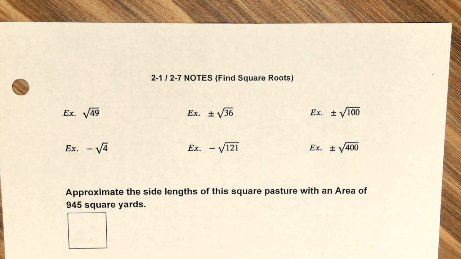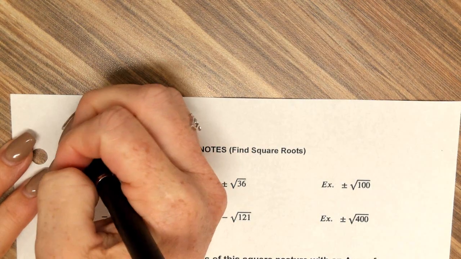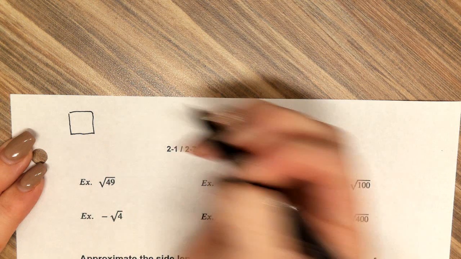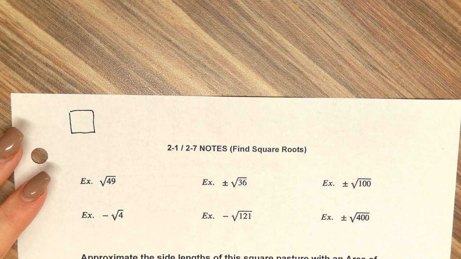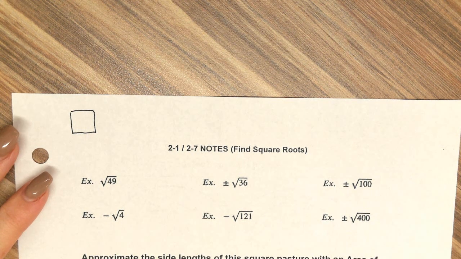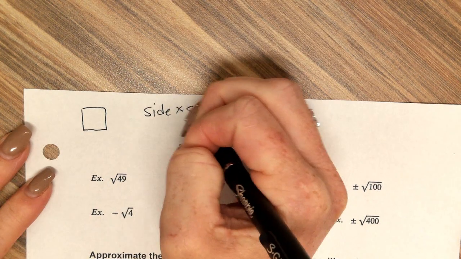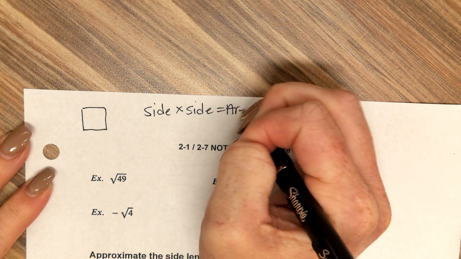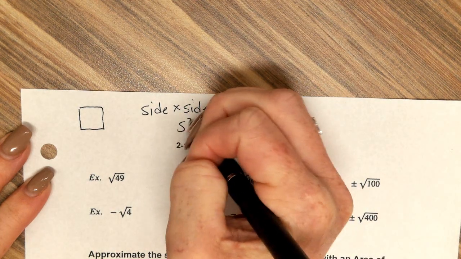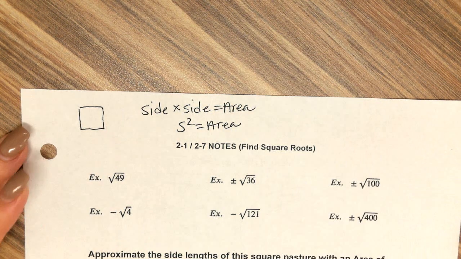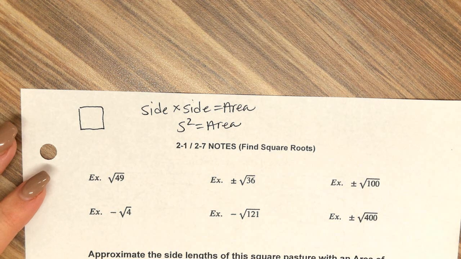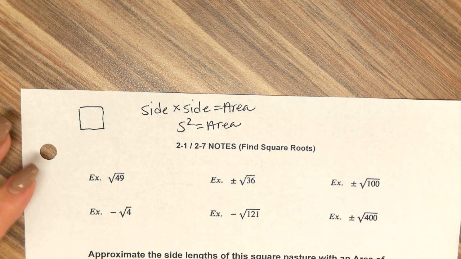So let me tell you where it came from. Everybody knows what a square is, yes? All sides are the same. Okay, are y'all with me? So to find the area of a square, what do you do? Side times side will give you area. Are y'all with me? Side squared gives you the area. Yes? So if I gave you the area, like say the area was 100,